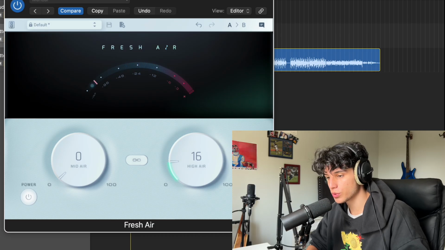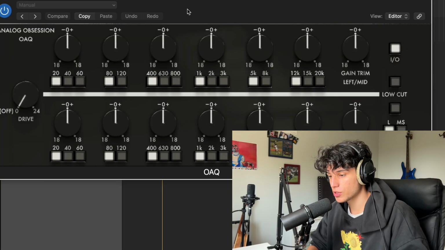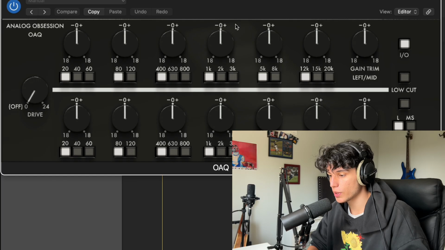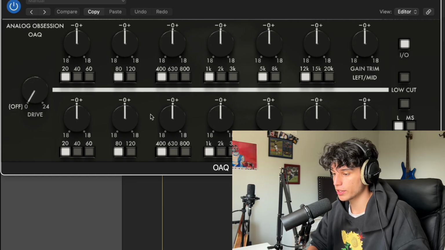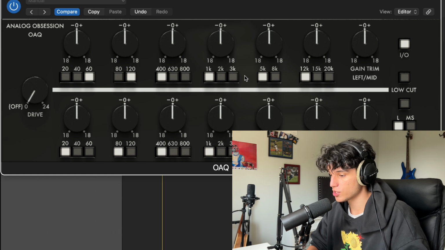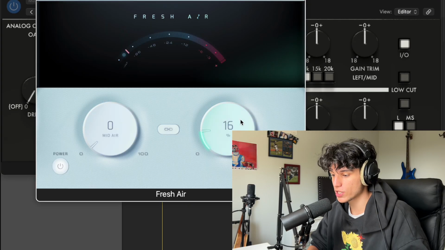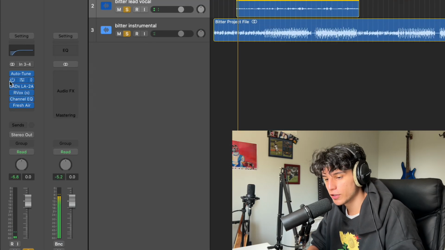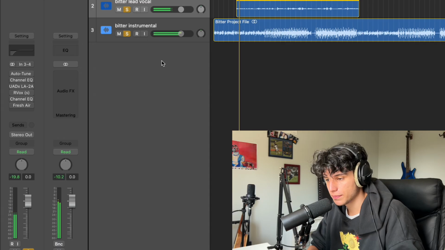There's also lots of other tools that you can use to accomplish the same thing here. I also like using this plugin by Analog Obsession called OAQ. Here you have a little bit more flexibility than Fresh Air. You can actually select the individual frequencies that you want to boost or cut. And so here you might select 5 or 8K and then do a little bit of boosting. That'll get you the same or similar effect to Fresh Air where you're just adding high air. So that's how we got from this